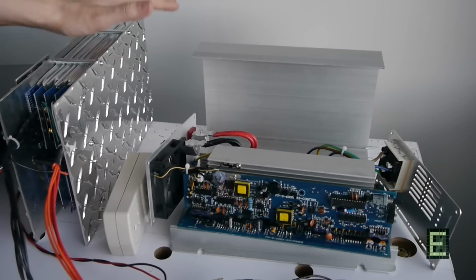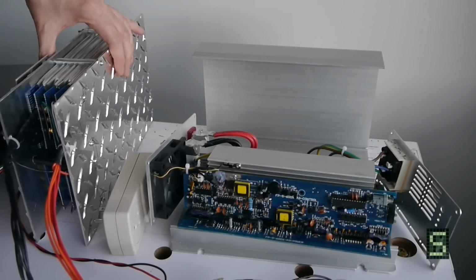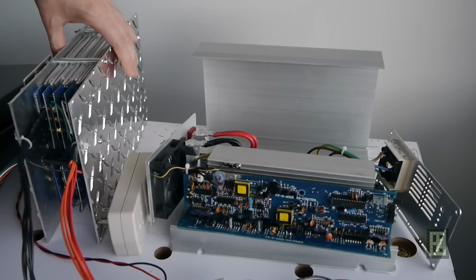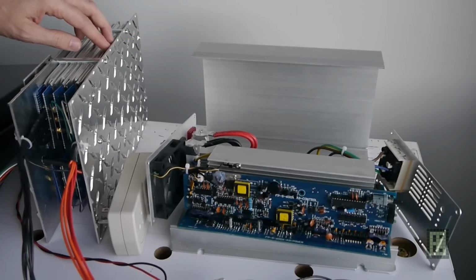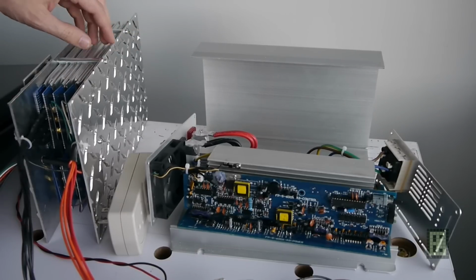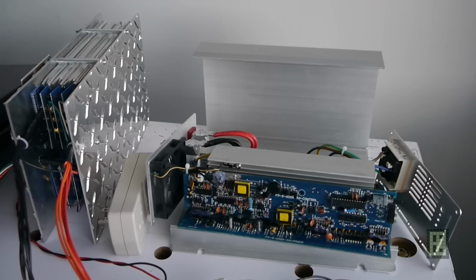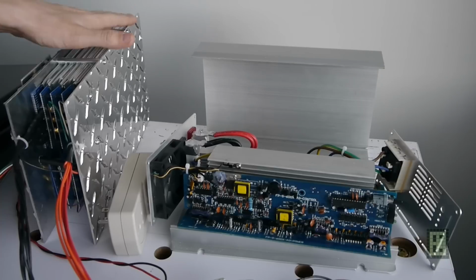Okay, finally I make a new video, and this time it's about this A123 battery. You know, this is a 24 volt 20 amp hour battery made out of 8 A123 cells, and I have an older video describing the battery, but what I will do today in this video is discharging this battery and